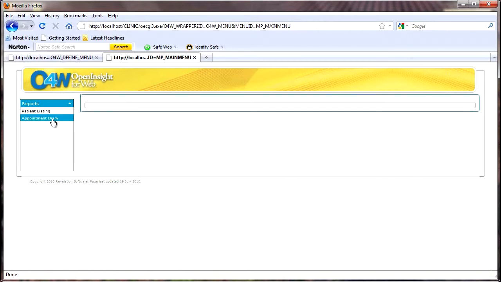So like I said, nice and short. We had a look at the OpenInsight for web, the O4W interface. We looked at creating some users, permissions, where the templates are held, and we've created a very simple menu, but the menu that we need for our application. In the next lesson, we'll start to look at creating one of the forms for our application,